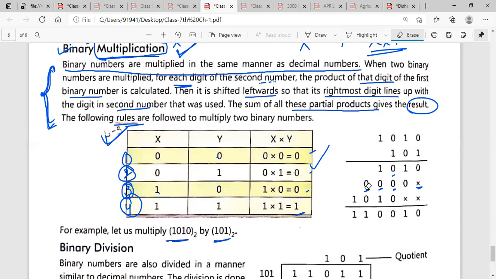Okay, now the last third digit, we will do the multiplication like this. Now in case of third digit multiplication, we will write cross. In case of first, we will write cross 1, and then we will write cross 2 and 3, 4, and so on. Okay, now 1 multiply with 0 is 0, and 1 multiply with 1 is 1, and 1 multiply with 0 is again 0, and 1 multiply with 1 is 1. Now we have done the multiplication.